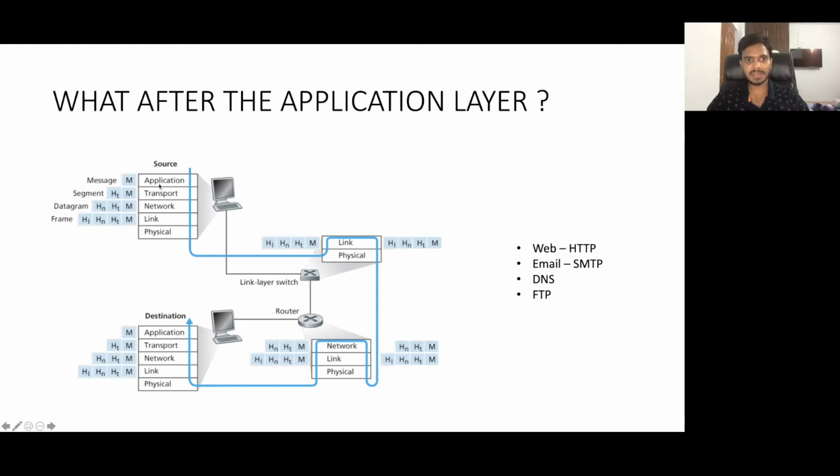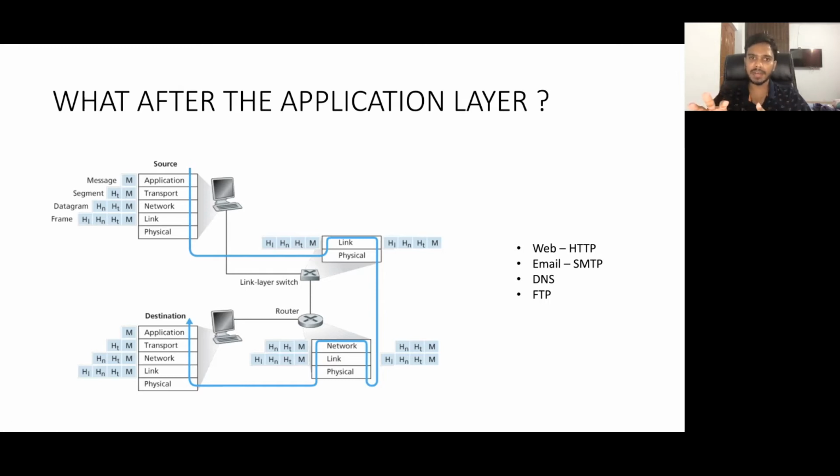Of course, we have discussed that the application will create some data. It will generate some data. For example, with the HTTP protocol, there will be some data, some headers, or a GET request plus headers. That is of course called a message. And we have discussed socket programming, right? The application will create a socket and pass that data to the socket. It will also tell the socket that it wants to send data to this server or destination, and to which port number on that destination it wants to deliver this message. After that, the kernel will basically handle everything.